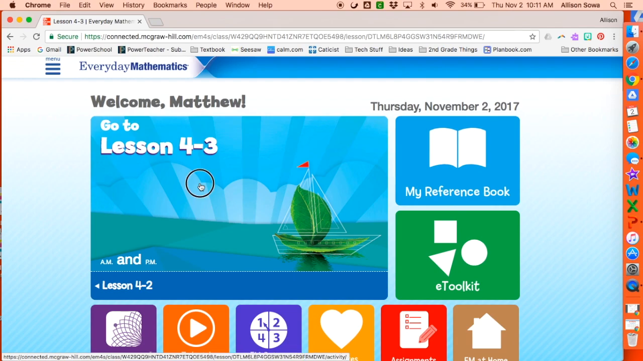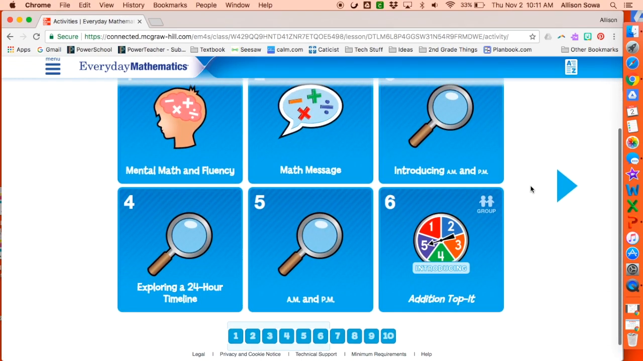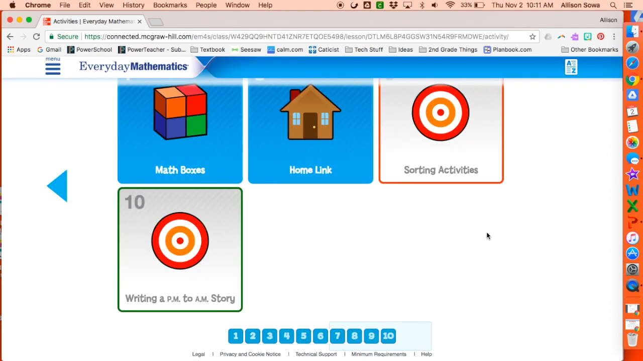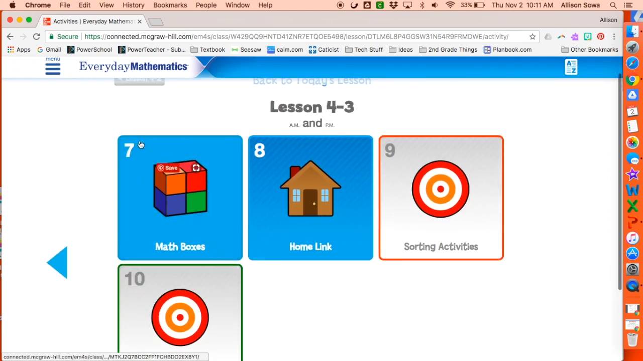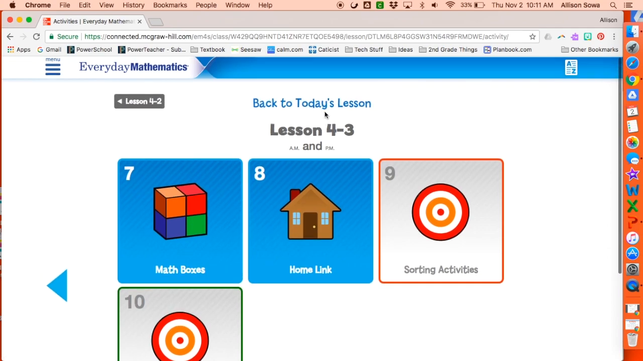If I click the middle bar, I'll look at some of the things your child might be doing in school, some of the games they might play, the math message of the day. It will even show you the math boxes that they did in school, as well as the problems on the home link. However, this is not the best way to look at the home link. I will show you more of that later. So let me go back